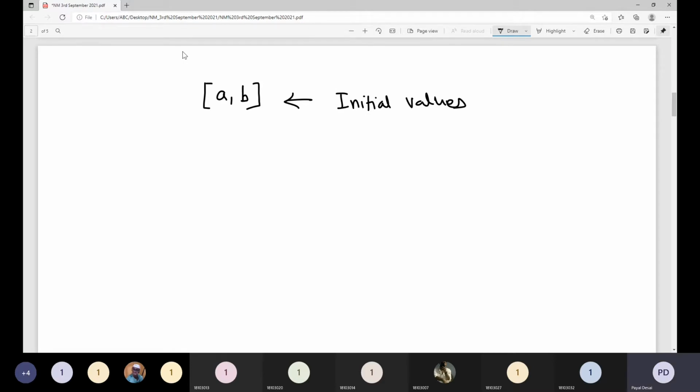And I need to find out whether fa and fb, I will evaluate my function, whatever function is being given to us, at these initial values, and I need to see that these function values are opposite. Okay, so they have opposite signs. So what will it look like? This function should have,